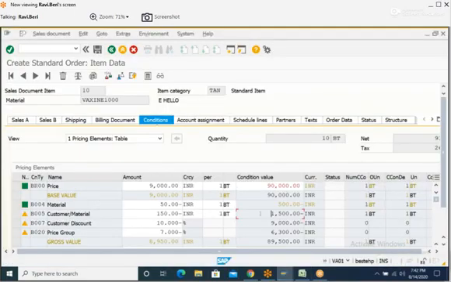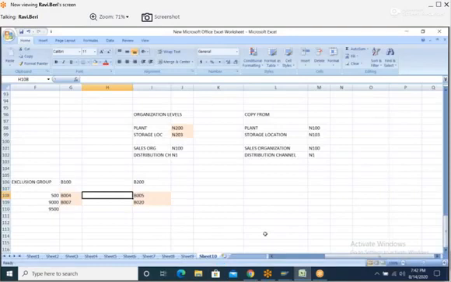And here, what is the price? B005 1,500, and this 6,300. Total how much? 7,800. 1,500, 6,300. It is 7,800. Like that.